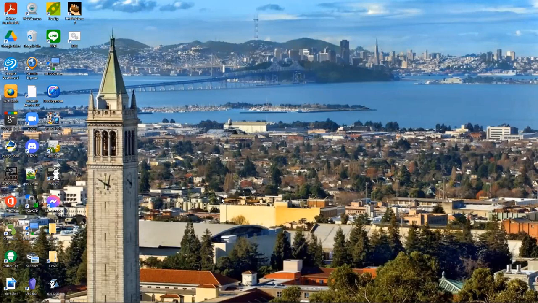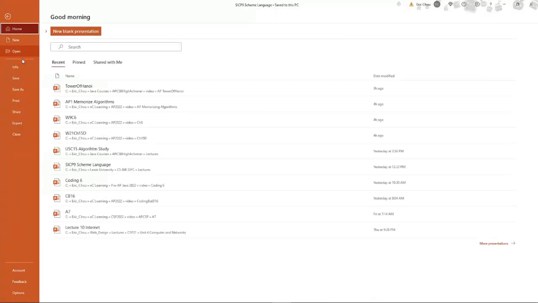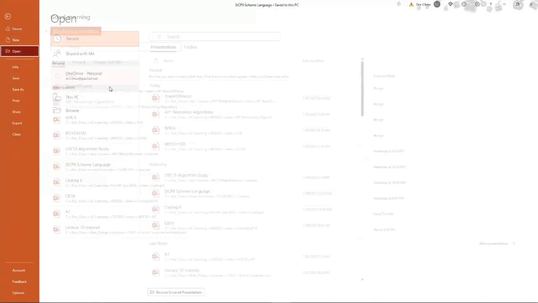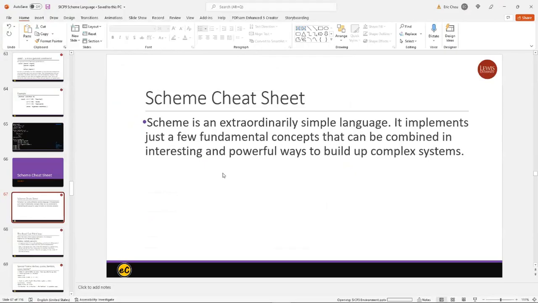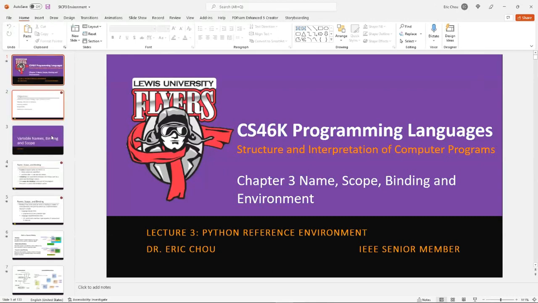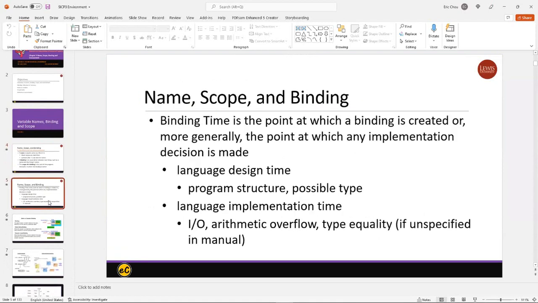I had a question in reference to one of the questions. I believe it was a referencing environment. It said a complete set of bindings active at certain points in a program. And I thought that was a referencing environment, and that's what I put in there, but it marked me wrong. And I thought it was correct.